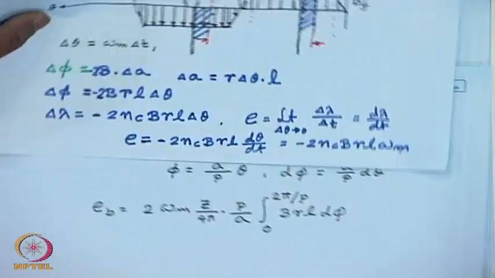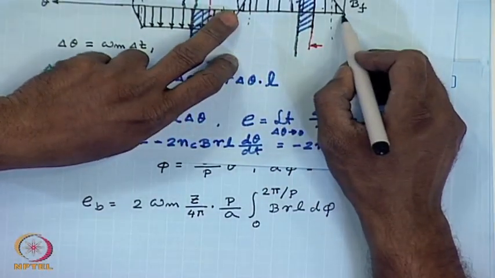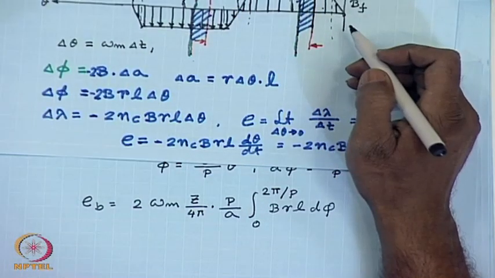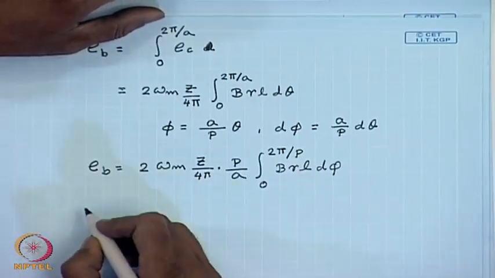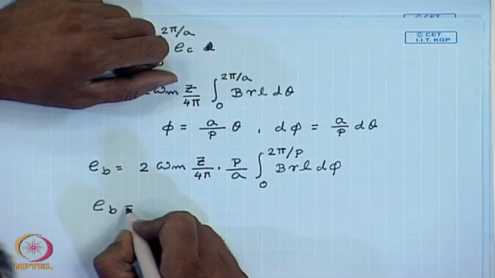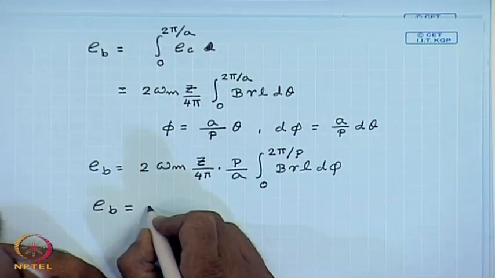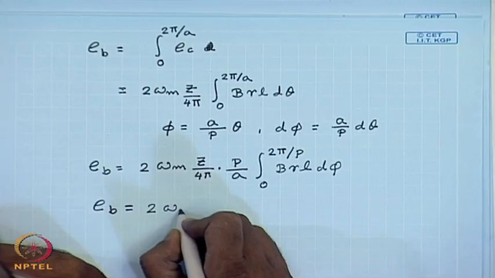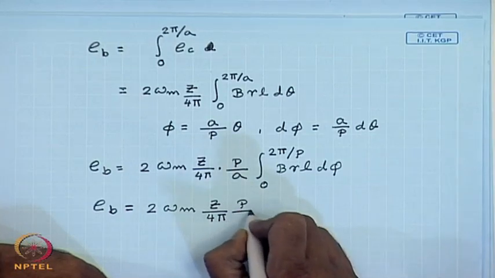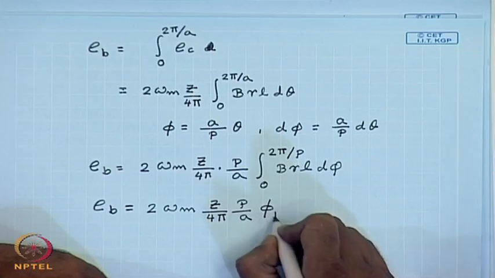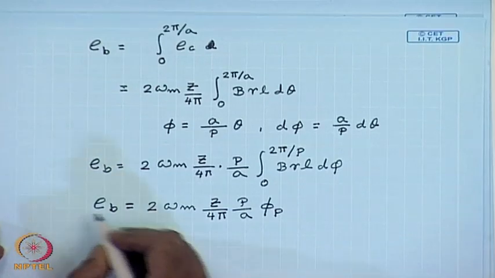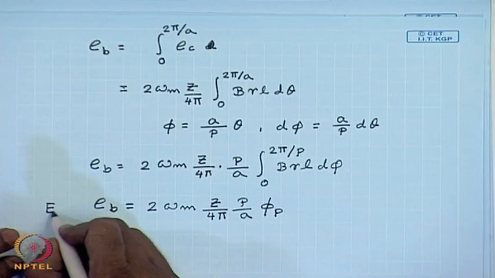This term under integration can be easily identified as the total flux passing through the north pole. Hence, this is termed the flux per pole or phi p. Therefore, the simple formula of induced voltage across two brushes is given by... So, this is also the terminal voltage of the DC machine or the generated back EMF in the DC machine,